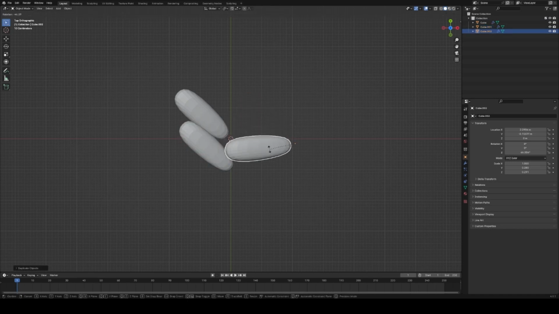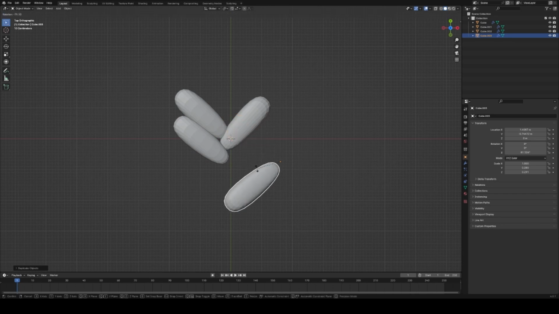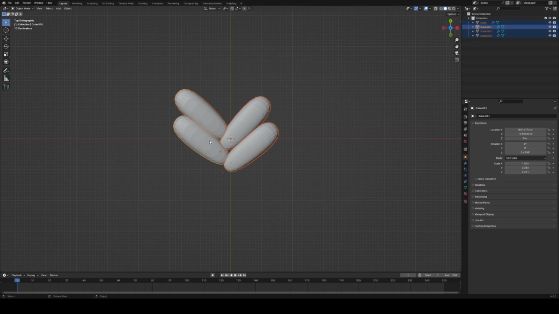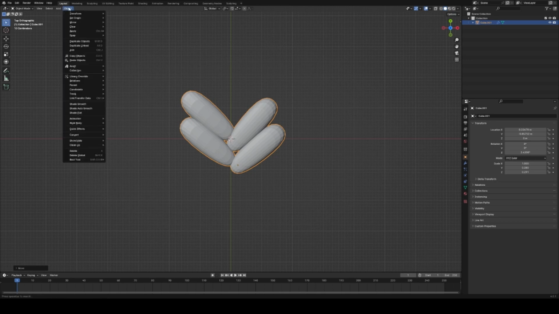And then once you get all those placed where you want them, that's when you have to start adding the array modifier, because then you're going to feel out where and how all these go. You have to make little tweaks, little adjustments here and there. So I get the initial object that I'm going to make the array from all placed, get its origin set where I want it, and then I add the